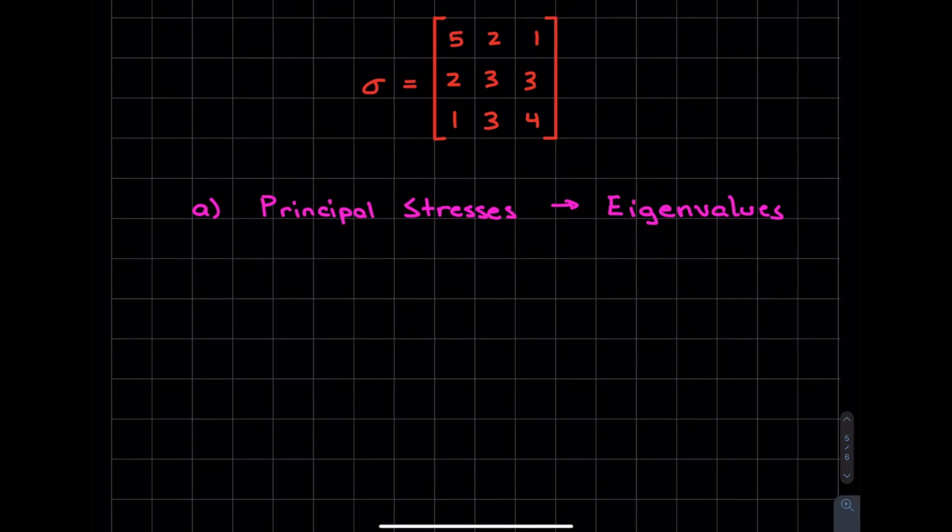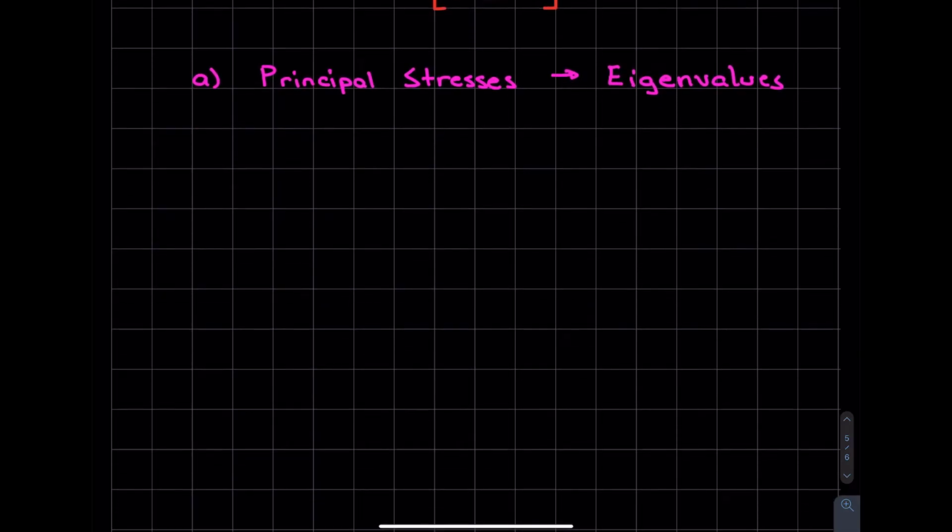You guys should be able to know how to get the eigenvalues if you so need. But this is a pretty ugly looking matrix. I don't have time to play around with that, and of course neither do you guys. So we just go to Mathematica, and what I find is that our principal stresses are as follows. So sigma 1,1 prime is equal to 8. And of course these have units of MPa, so I might as well include that. We have sigma 2,2 prime, the second eigenvalue, equal to 3.732, again, units of MPa. And then our last one is sigma 3,3 prime, which is 0.268